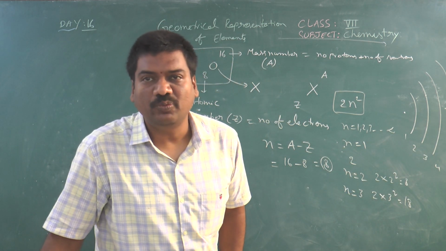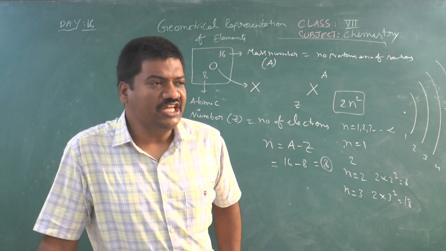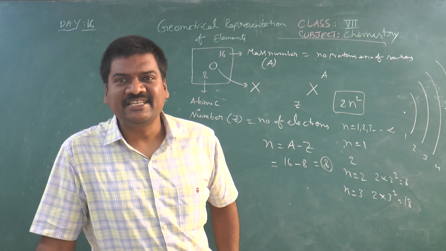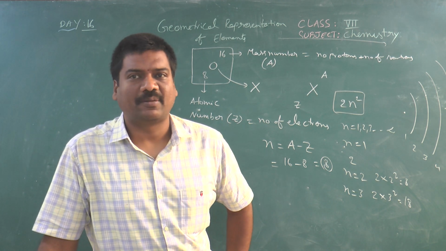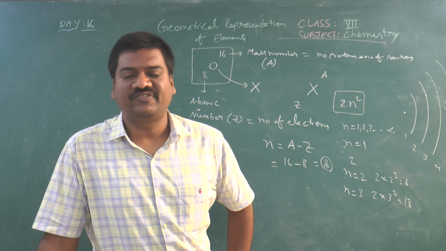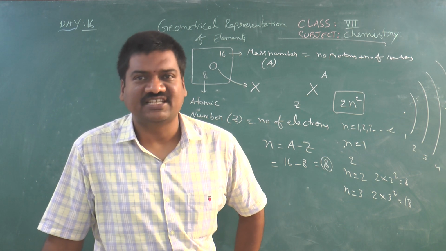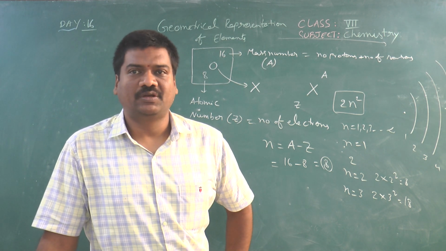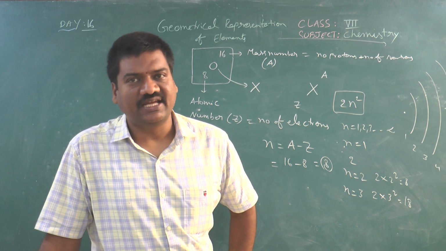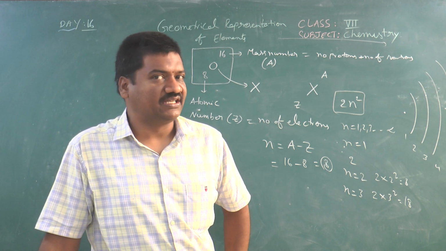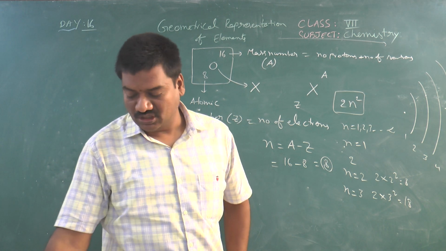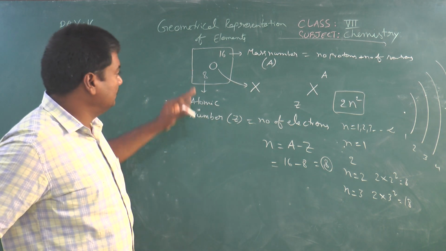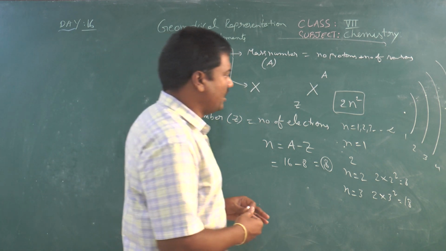But according to the Bohr-Bury principle, in each orbit except the first orbit, the maximum number of electrons can be calculated by the 2n square formula, but if the outermost orbit has 8 electrons, then it is stable. After filling 8 electrons, even if that orbit is incomplete, electrons will enter the higher orbit according to the Bohr-Bury rules.